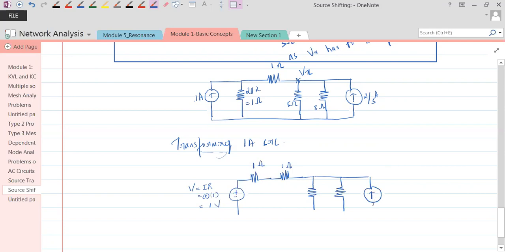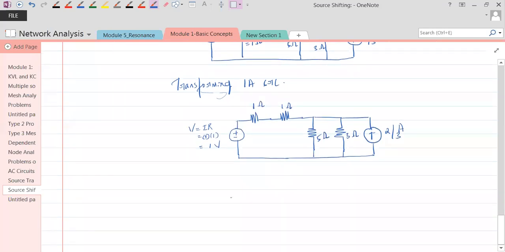So you should see that the circuit size is reducing in each step. Okay, so that has to be looked at. This is 3 ohms, 5 ohms. Fine. So this is how the things are. Now these two are in series. 1 ohm and 1 ohm are in series. So combining that, this circuit would now look like this. Plus minus, this is 1 volt. 1 ohm and 1 ohm in series would become 2 ohm.